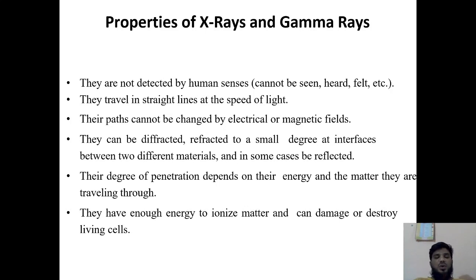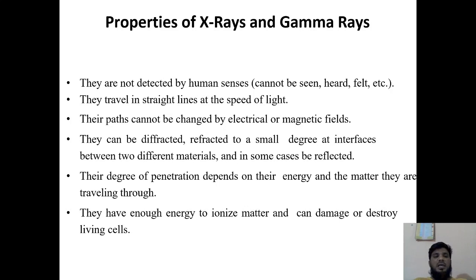at the interface between two different materials. That means if you have two different materials, like steel and iron, when you bring them together, because of the difference of the material, they may undergo small deviation, but they will not be refracted or diffracted too much. The degree of penetration depends upon the energy, how much energy they possess. Based on that, they will get